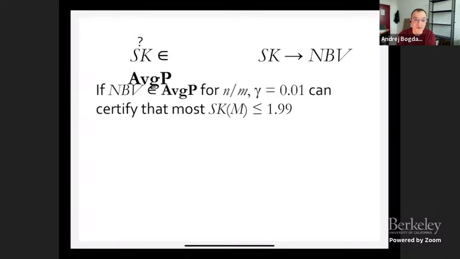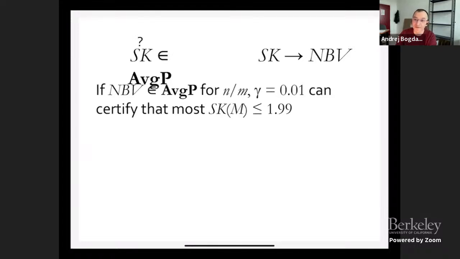have a solution for a certain setting of parameters. The setting of parameters they need is where the relative dimension is a constant, you can think of it as the rate, and the distance is also a constant, so it's some fraction of square root of m. And if you can find refutations for this nearest Boolean vector problem, then you automatically get certificates that Sherrington-Kirkpatrick is, well, at least it beats the spectral certificate of 2. It's a little bit less than 2, maybe like 1.99. Still far from Parisi's constant, but at least it's the first step that you would have to do.